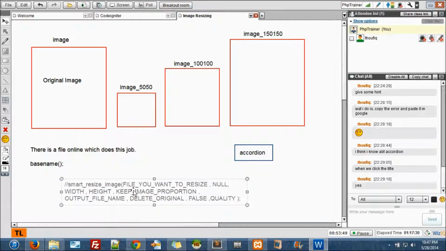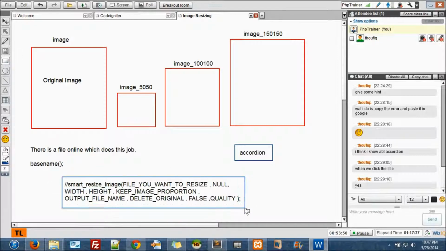So this is the function which is supposed to be used with image resizing. Keep this file with you anytime you want to resize.